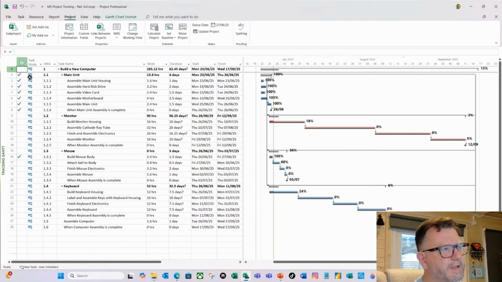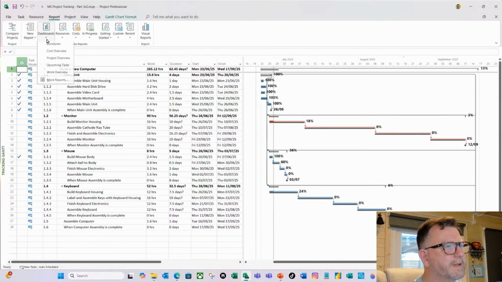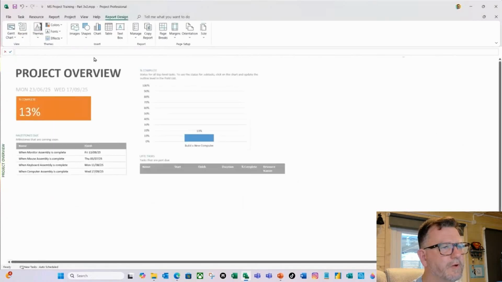So now you can see it's completed a number of tasks. You can see some tasks apart, progress has been reported against them and so on. And Project has done that for us automatically, which is fantastic. Now, if I then go back to my report dashboard and let's do Project Overview, you can now see